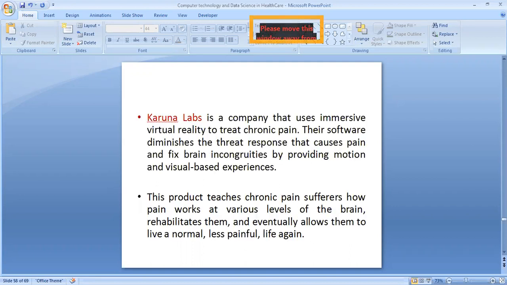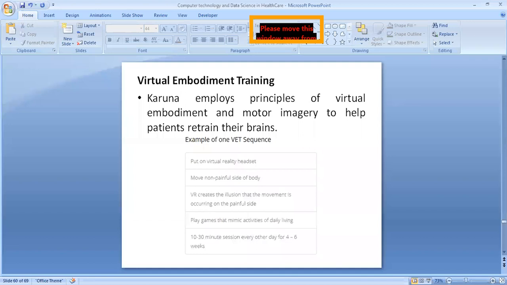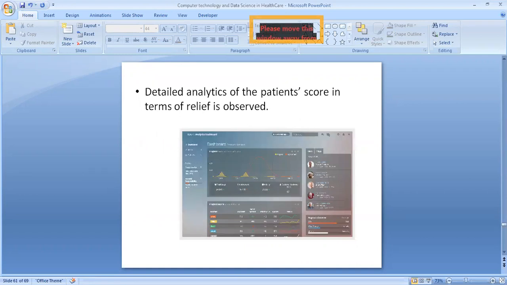Again, we have Karuna Labs, specifically focusing on old-aged people. There again, we have different options for choosing different environments. They also have a platform for interaction with peers who are admitted there. If it is going to be home-based rehabilitation care, definitely this is going to be very helpful. This shows the picture of analytics obtained. We give scores so that they are motivated to participate more, and also improve.